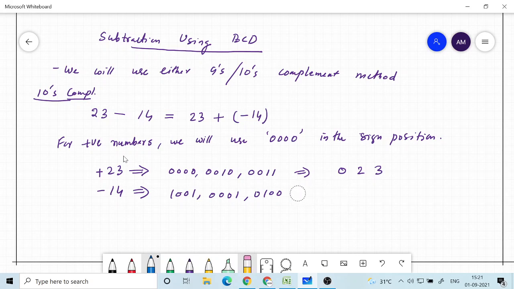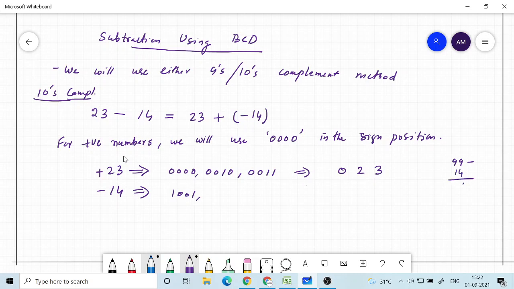Negative numbers are represented in tens complement form, and then we have a sign digit of 9. The first 4 bits will represent the 9, but since it's negative 14, we need to write it in tens complement form. We studied tens complement earlier: first find the 9's complement and then add 1 to it.